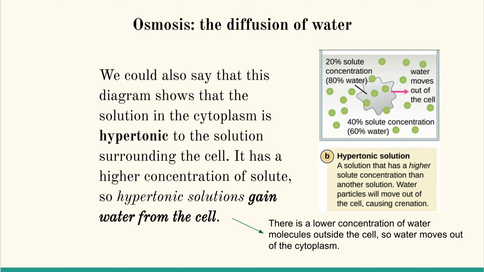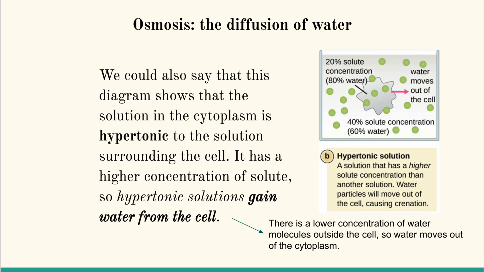We can also have the reverse happen. The solution could be hypertonic. Hyper means higher, so hypertonic means it has a higher concentration than the cytoplasm. Okay, so what happens here? Well, the concentration gradient is we've got high concentration outside and low concentration inside. But for the water, that means that there's lots of water inside and not a lot of water outside. So the water is going to exit out of the cell. And if this gets extreme enough, it can actually cause the cell to shrivel up and implode on itself. It can kill the